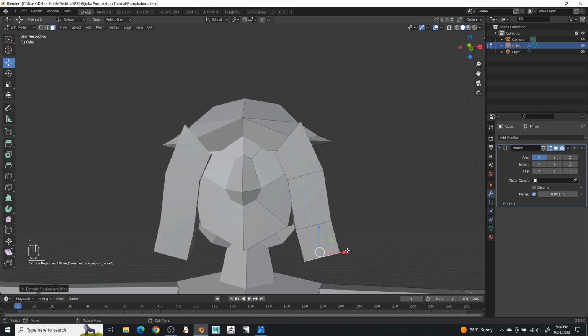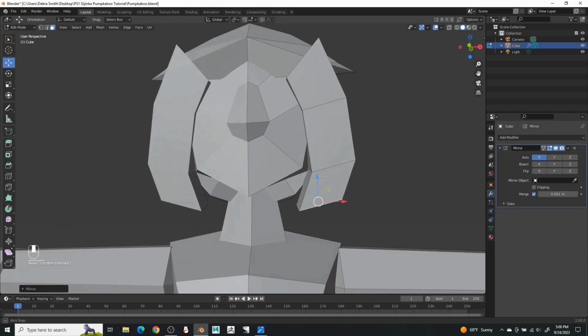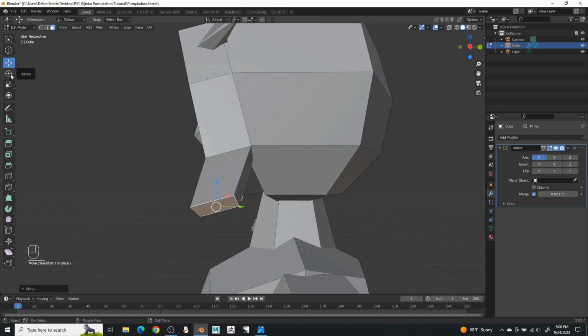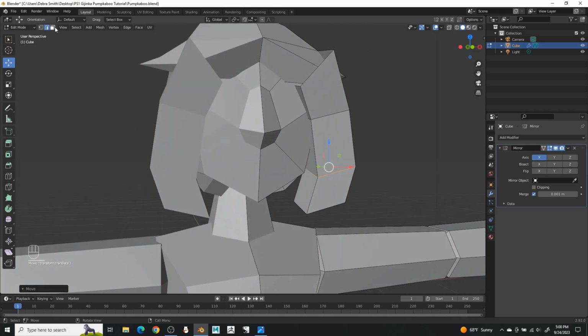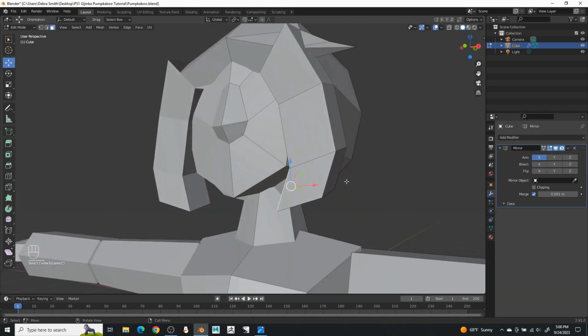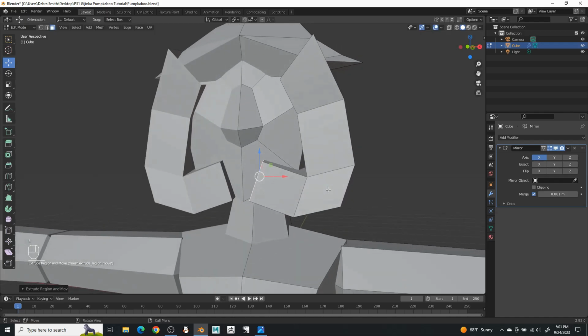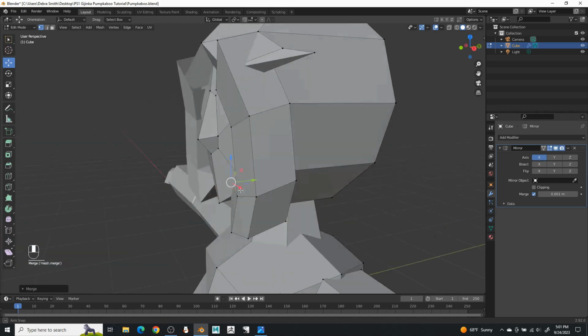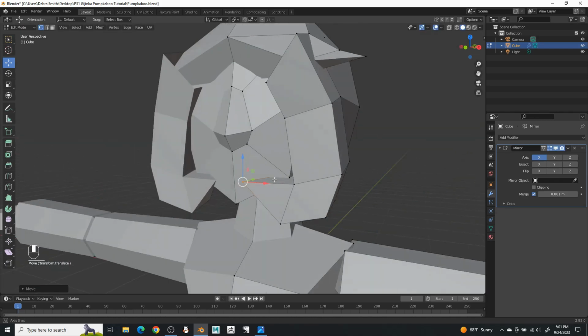Extrude it again, curl that inward, pull this forward, pull this forward, and grab this face, extrude, and grab that, vertices at center, pull this forward,